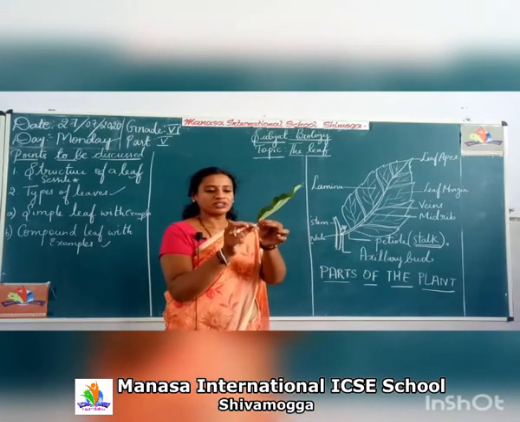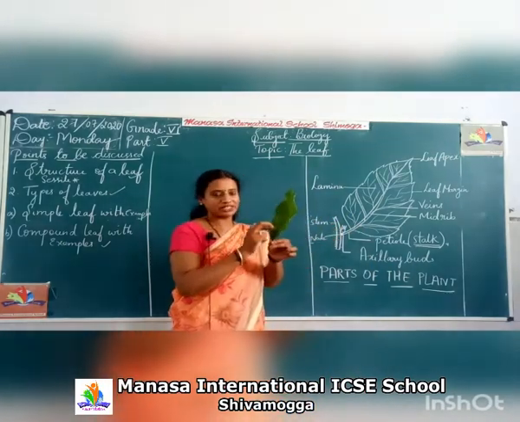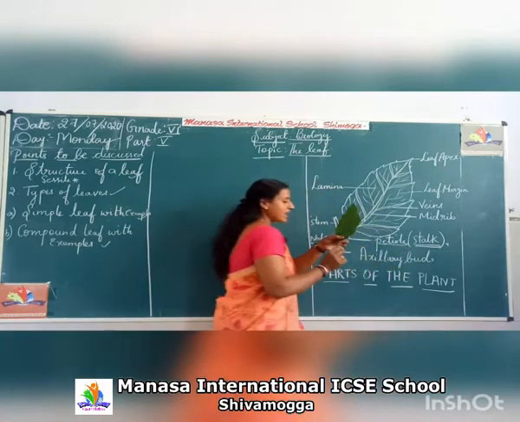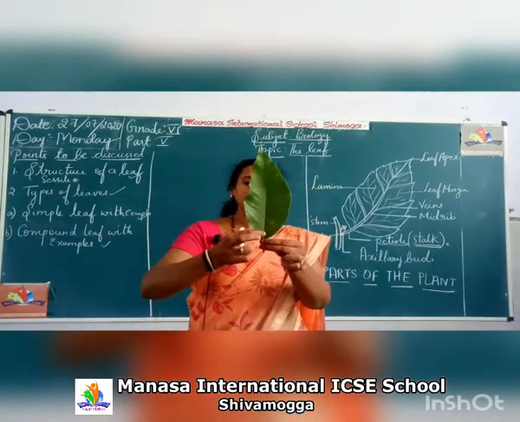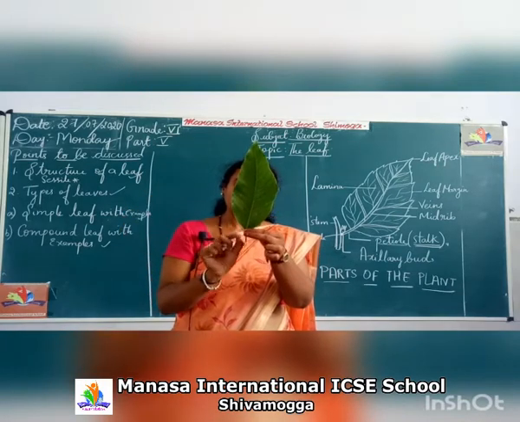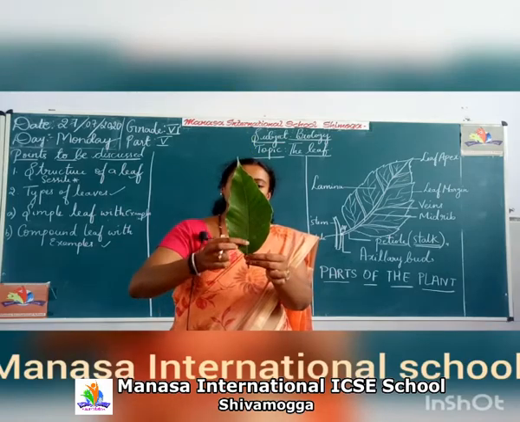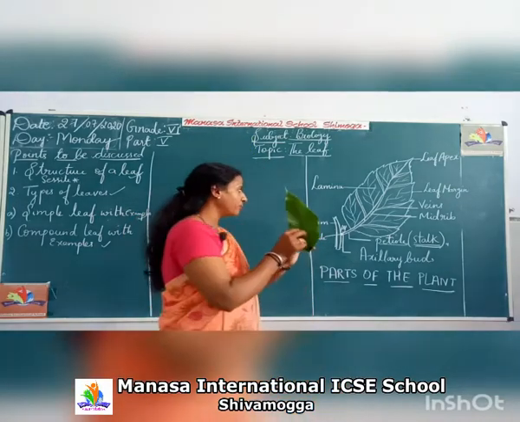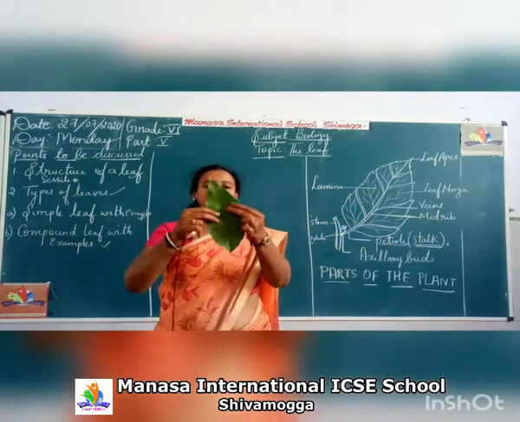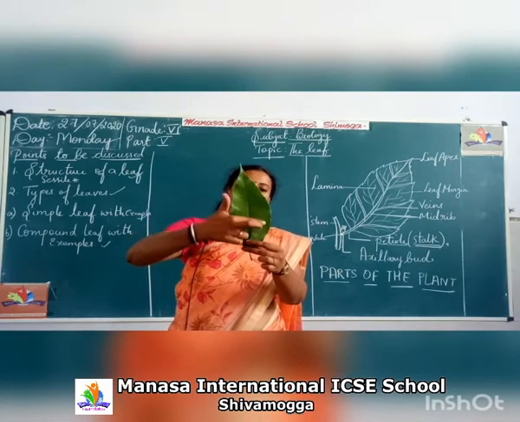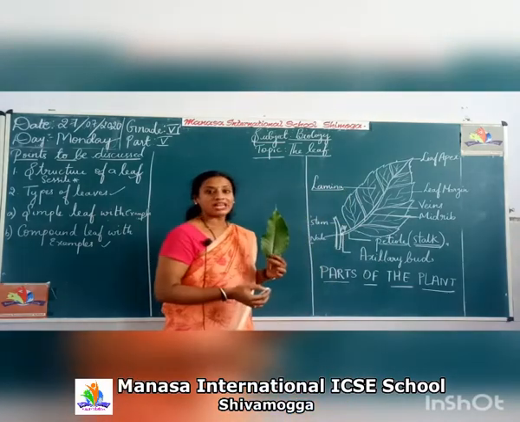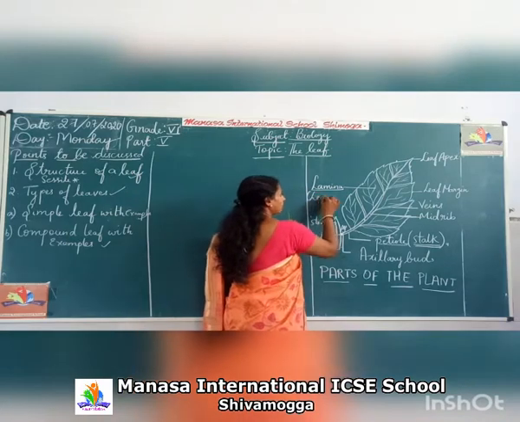This is the stalk. So we are just discussing the structure of the leaf. This is the stalk of the leaf, or it is also called the petiole, and this petiole will further continue as the midrib till the end, right? The petiole, or the stalk, which extends up to the end, is called the midrib. What I have labeled here is called the midrib. And this green colored flat structure is known as the lamina, or it is also known as the leaf blade.